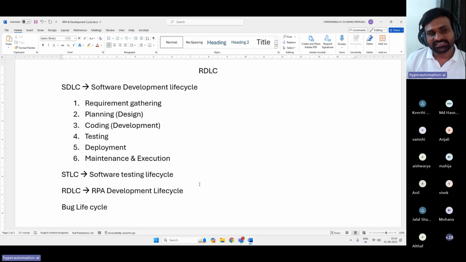We already have SDLC, right? So software development lifecycle. Why are we talking about RPA development lifecycle? Is it really required to have a separate name? Can it be considered as the coding point you gave in the software development lifecycle?